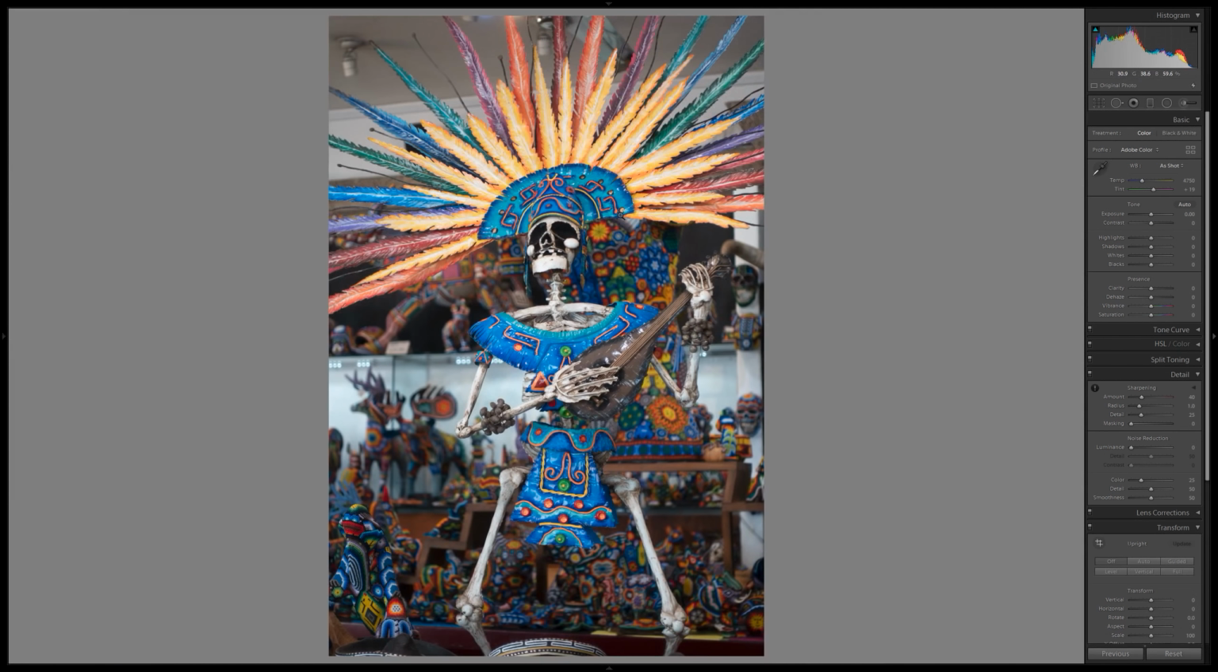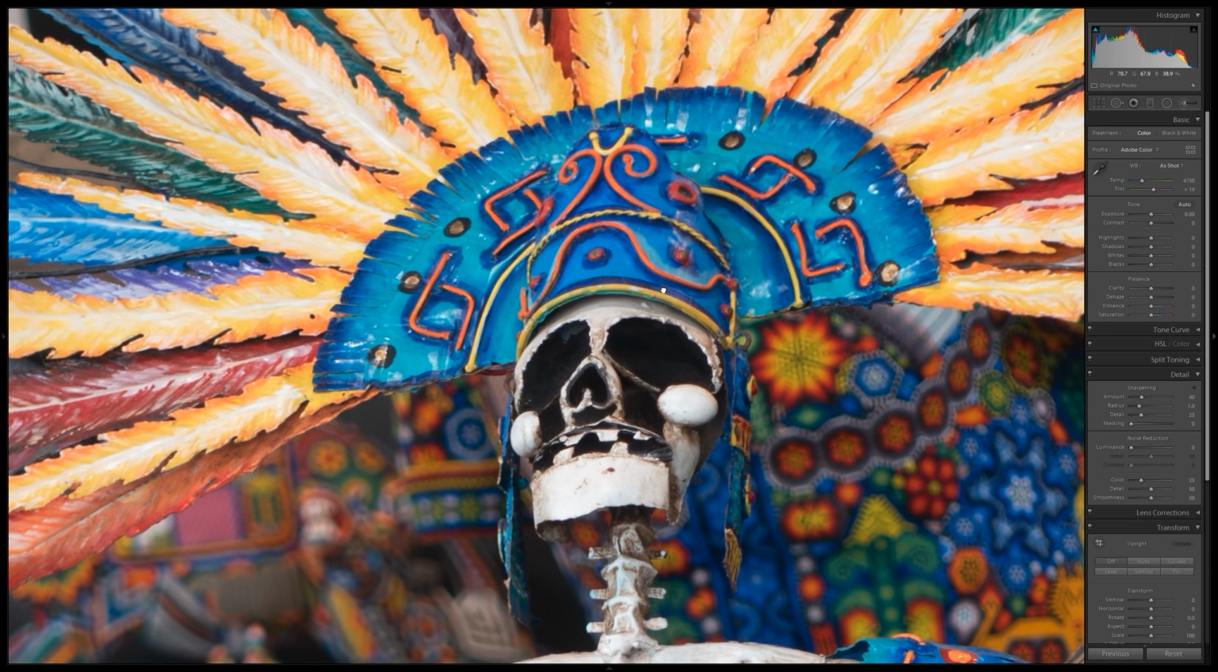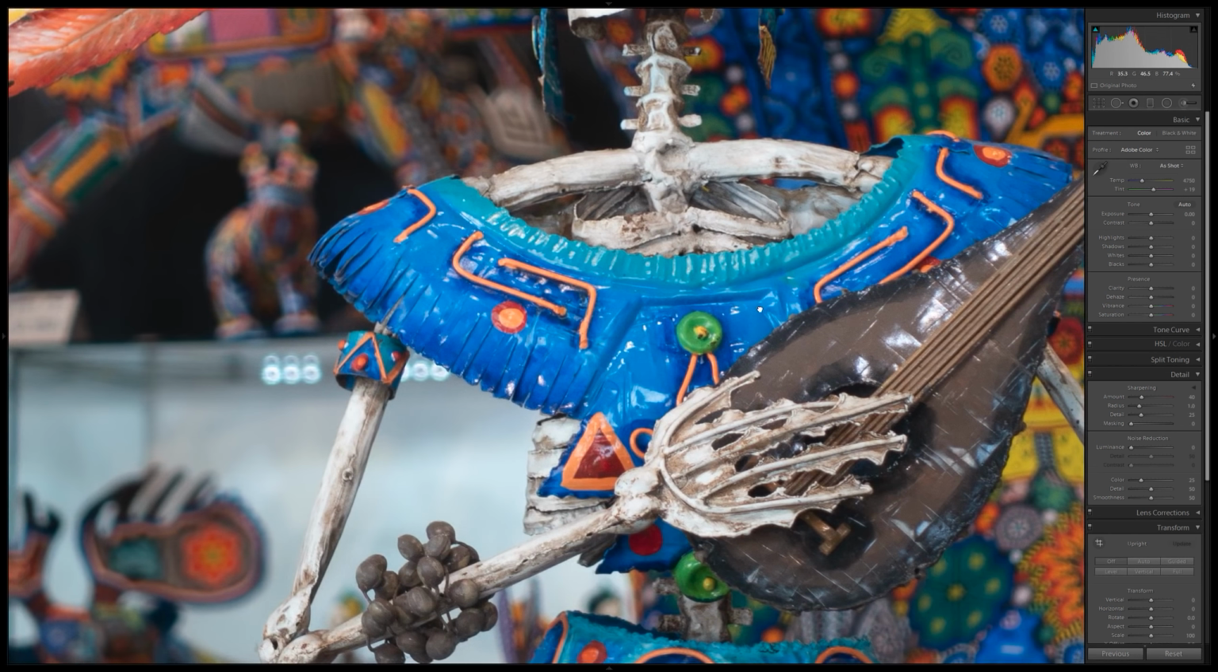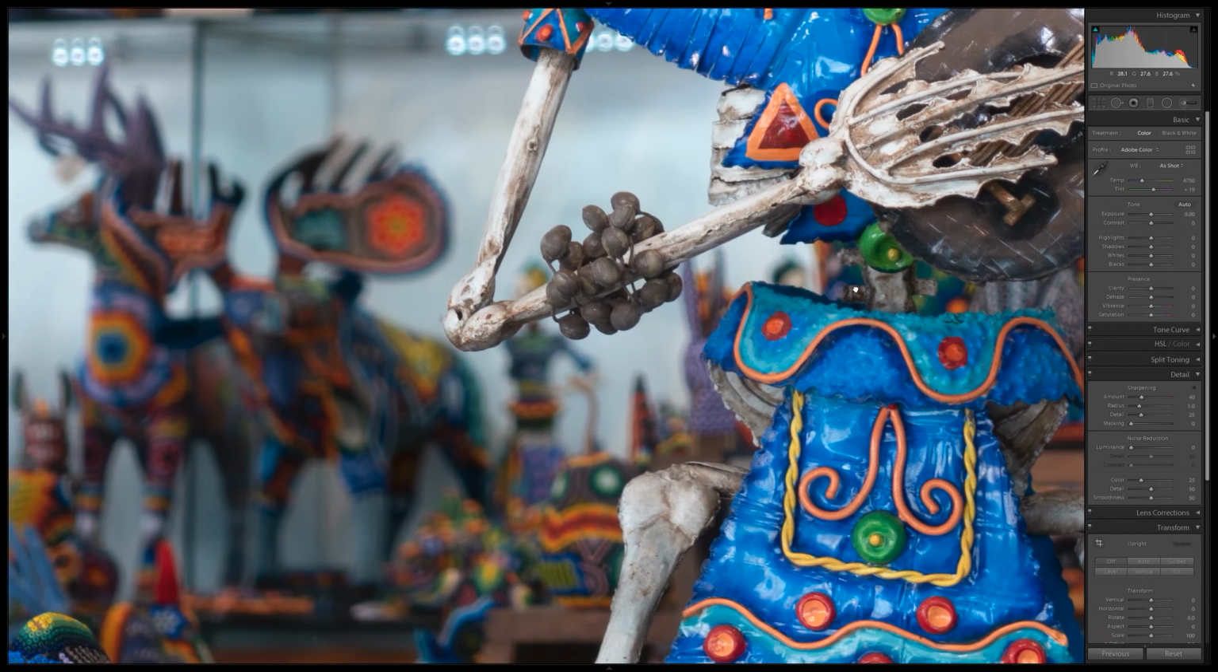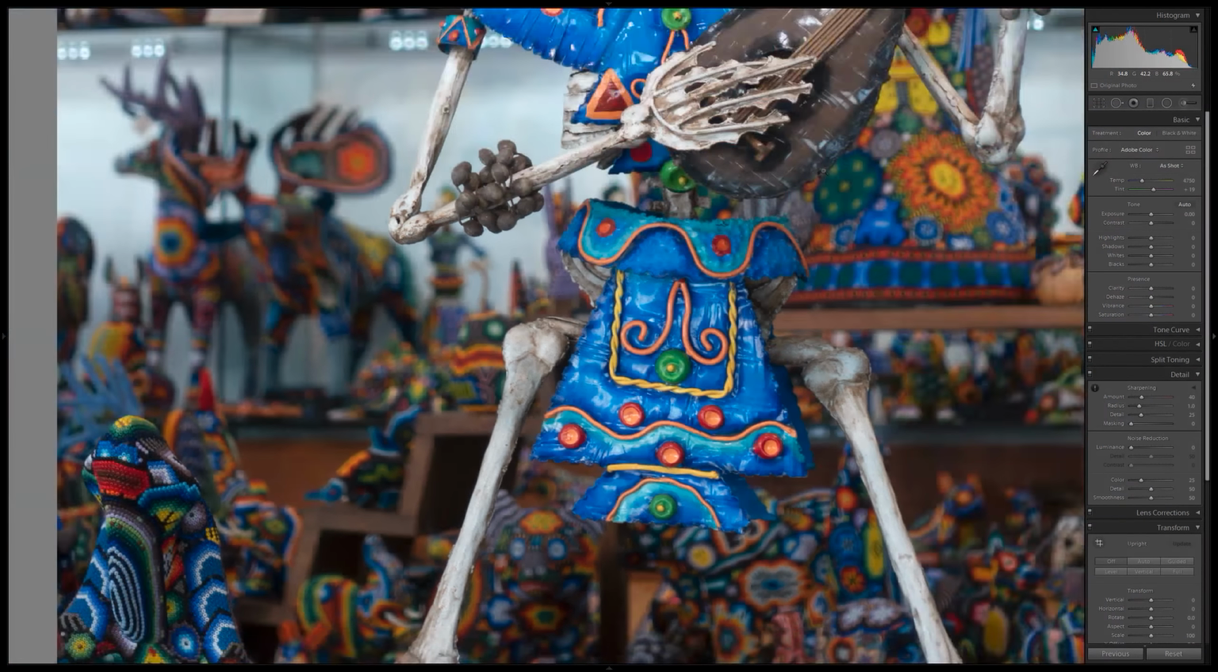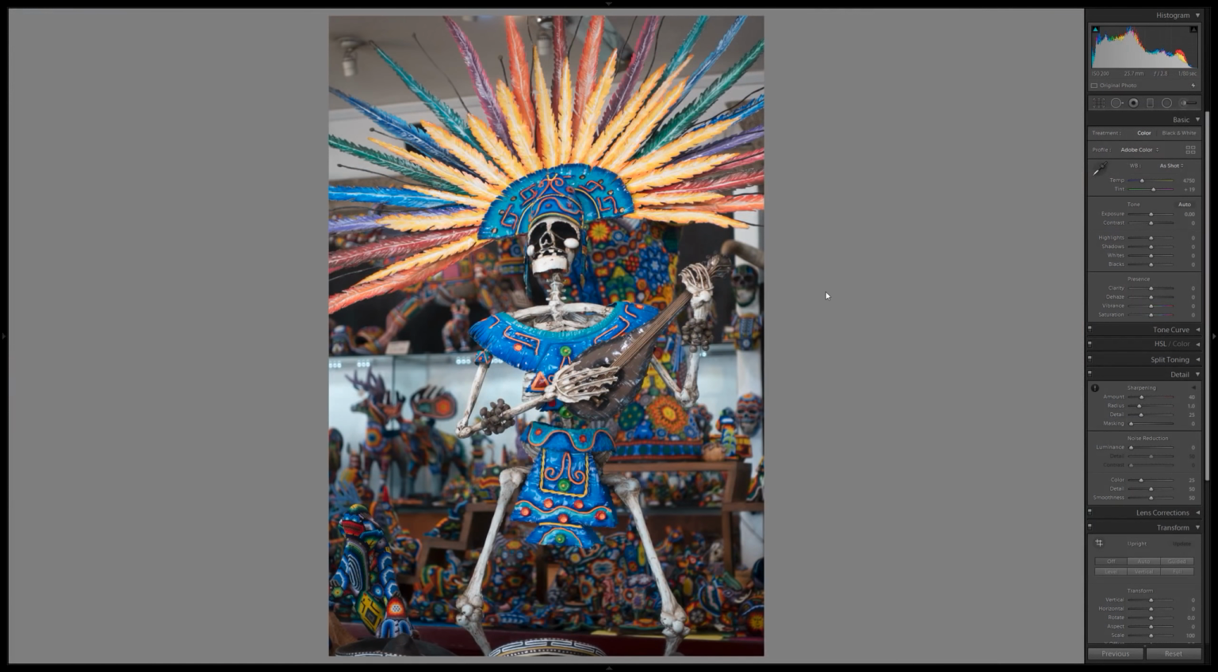But this guy caught my eye just because he was just rocking out on his stringed instrument here with this dramatic headdress. He's not actually beaded. He's just carved and painted, I think. It looks like he's made of wood, maybe, or something. Anyway,